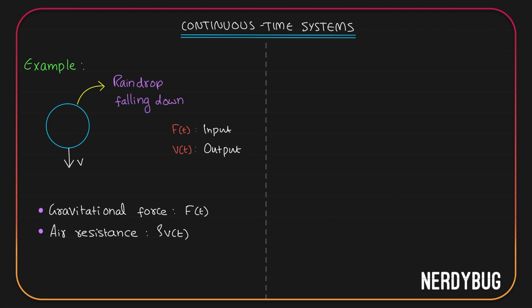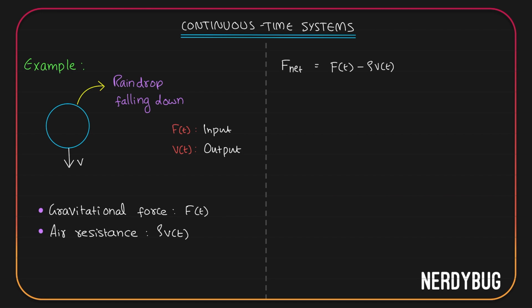And in 12th standard, when you are learning mechanical properties of fluids, you have learned that the resistive force is given by some equation, 6 pi eta r v. This whole thing is a constant. So F is proportional to v, where v is the velocity of the raindrop at that particular time. To show that relationship, I have taken air resistance as some constant rho multiplied by the velocity at that time. Now, since there are two forces acting on our raindrop, the net force F net is going to be F of t, which is gravity, minus air resistance rho v of t.